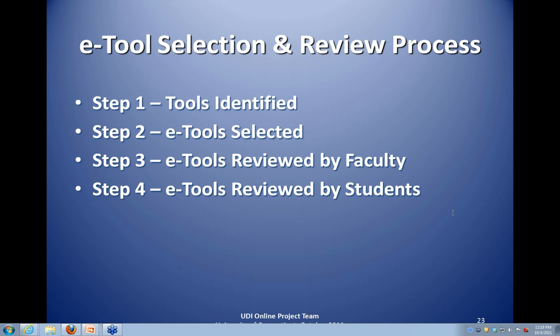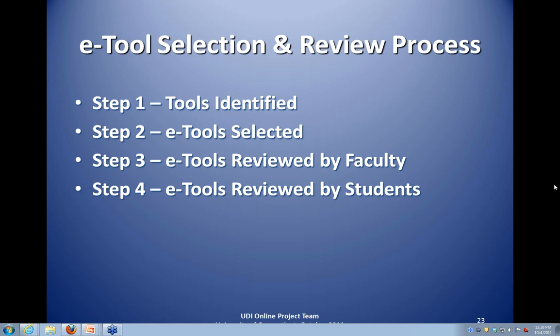So we started off by identifying a broad range of e-tools that could be included on the toolbox, and we came up with a total of over 150. The second step was then to review those tools internally and select them, and then post them to the website for use by faculty. So those e-tools were reviewed by a criteria that I'll show you in a moment, posted to the website, and then reviewed by our faculty panel who were at 5 institutions in the Northeast. And that represents a range of institutions as well.